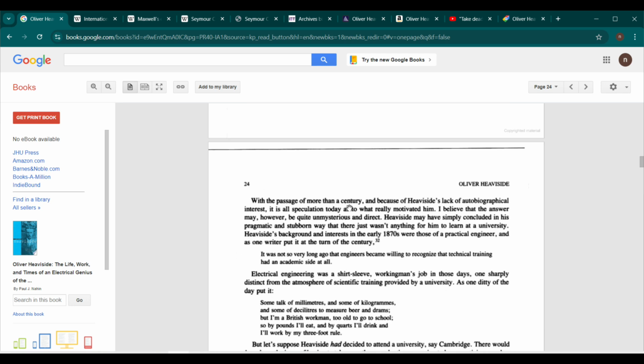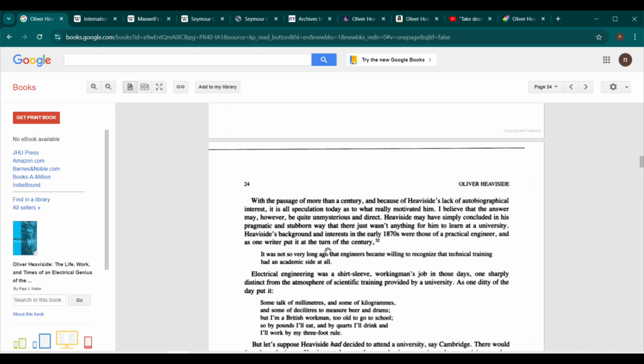It is all speculation today as to what really motivated him. He believes that the answer might be quite unmysterious and direct. He may have simply concluded, in his pragmatic and stubborn way, that there just wasn't anything for him to learn at a university. Heaviside's background and interest in the early 1870s were those of a practical engineer,